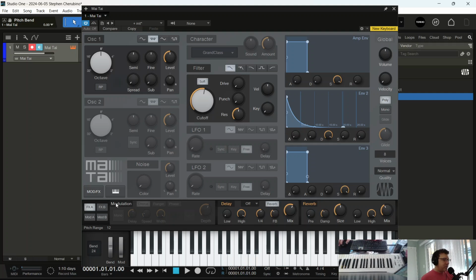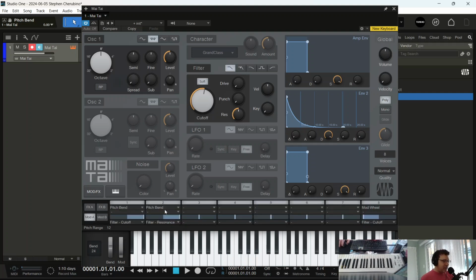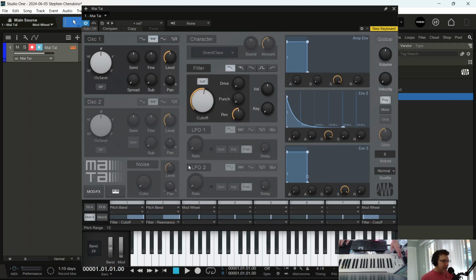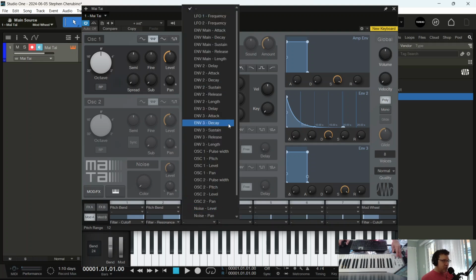Okay, get the idea? So you can use the modulation matrix to assign things to modulate or affect other things. So don't be afraid of the modulation matrix. It's your friend. And we're going to get more into other stuff. But right now, if you haven't done it yet, screw around with the pitch bend and the mod wheel and assign it to things. Let's make the mod wheel now. Assign to, I don't know, let's pick the